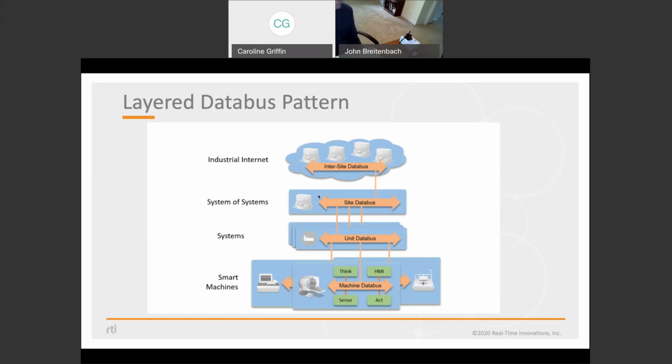And then the last of the big three design patterns, which is the one that we're talking about today, is something called layered data bus. Essentially, that's what we're seeing in things like healthcare, where they have a local data bus within the patient room. Each room has its own data bus. Each of those feeds data back up to some kind of systems of systems,